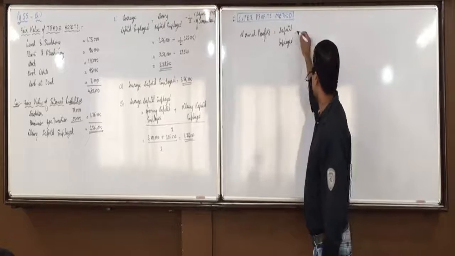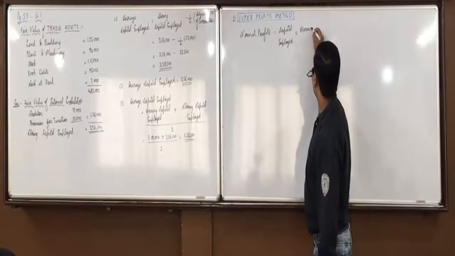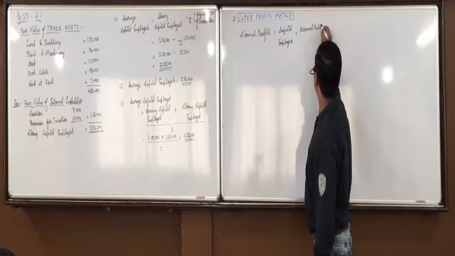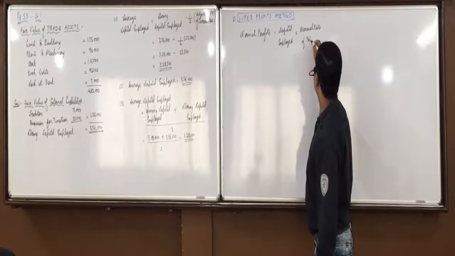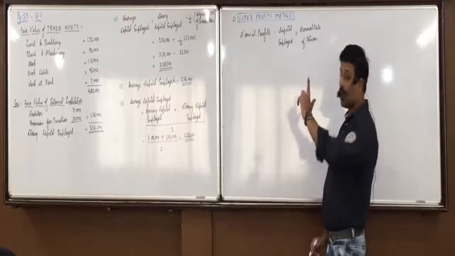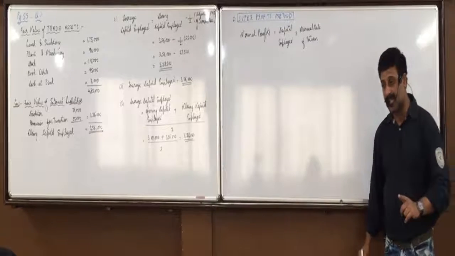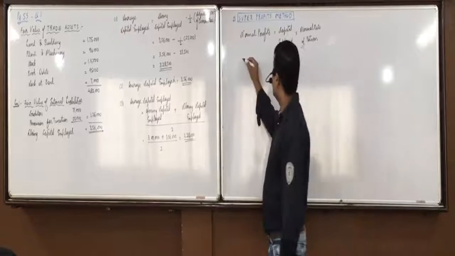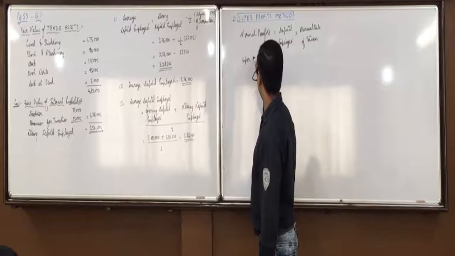5 lakhs into what is the normal rate of return everyone else is getting in the market? 15%. Means in his business, what should have been the normal profits? 5 lakhs into 15%, 75,000. Now, super profits are equal to,